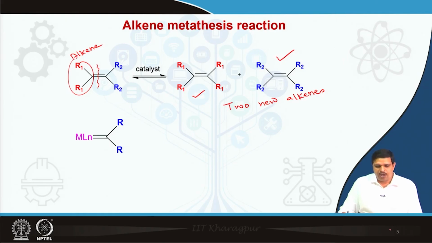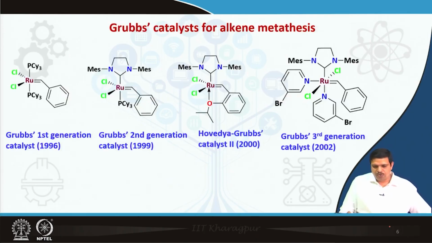This kind of reaction is called a metathesis reaction, and we are now well aware of what a metathesis reaction is and what the catalysts are. Today we will discuss the versatility of this kind of metathesis reaction. If you recall, I told you in the last classes that this is a single key for multiple locks. That means a single catalyst can do various types of metathesis reactions. So, that we will discuss today.